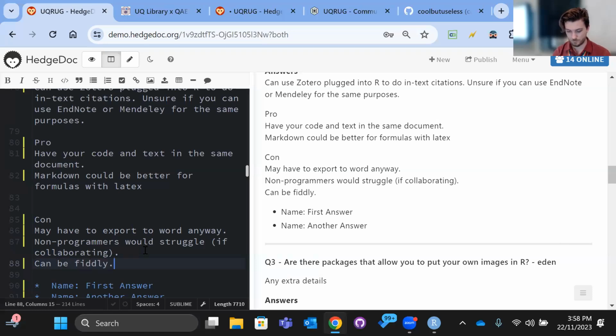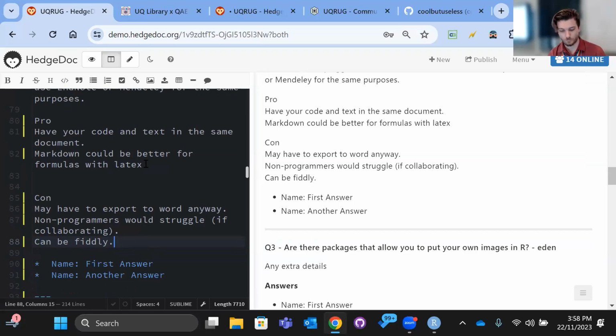But let's see, with APA, what I have heard is that not necessarily Word itself, but EndNote could be funny and get it wrong sometimes. EndNote is the one normally used at UQ, the license that we pay for people to do the referencing.